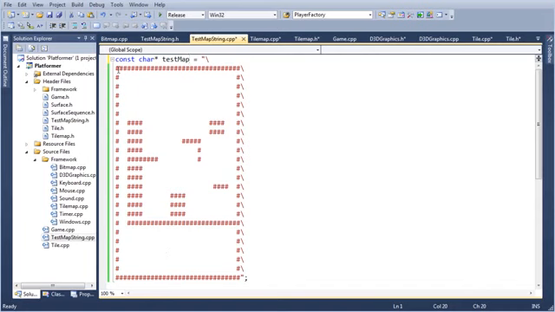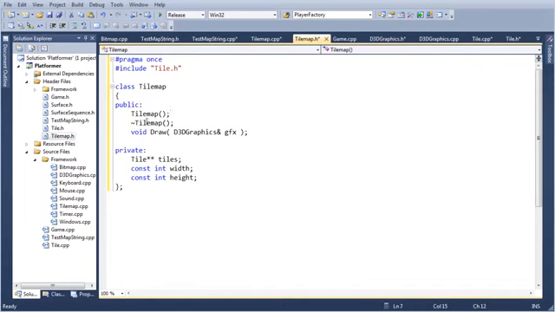Now we need to write a function to read this string and turn it into a tile map. And that algorithm will exist within the tile map constructor. It might be a good idea to make it a separate function, but I don't see any real good reason right now to do so, so I'm not going to make it a separate function.